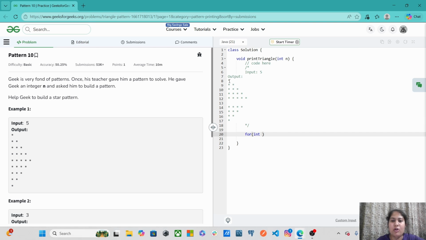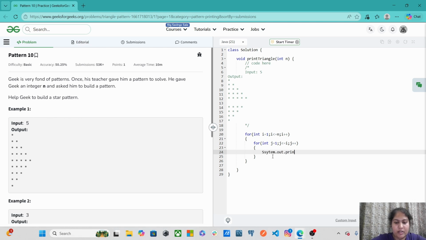If I talk about a normal left angle triangle, it is simple: i starts from 1 till n, i plus plus, and then the inner loop, which is representing the column, starts from 1 till i and j plus plus. Why? Because it is a normal left angle triangle. So in the first row, 1 star is there, in the second row 2 stars, in the third row 3 stars. So simply we are moving our inner loop